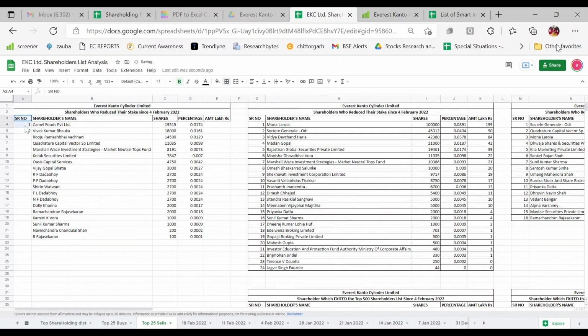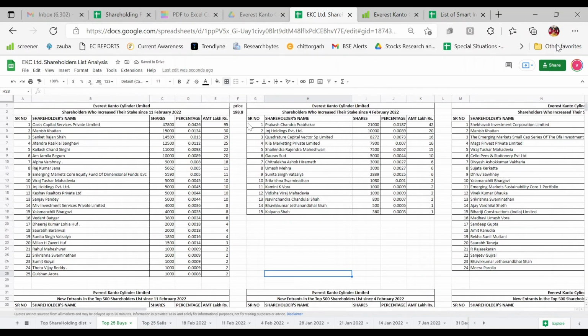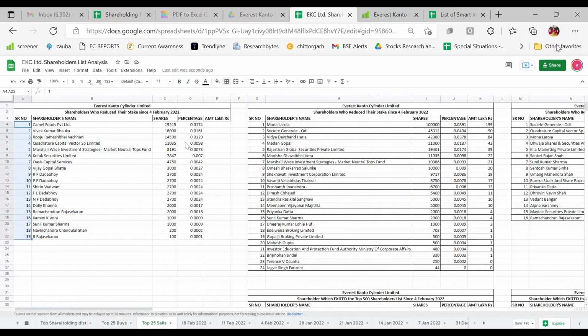Repeat the same procedure as top 25 buys, selecting one, punching in 1, 2. Okay, it got mistaken. Cancel it. Again, select 1, 2 and drag it down. I will just select the price formula from here and paste it right there. It will ease my work to a good extent.